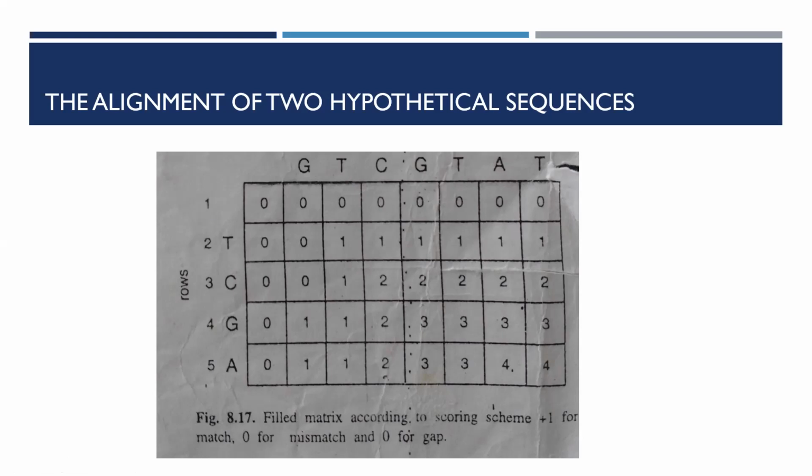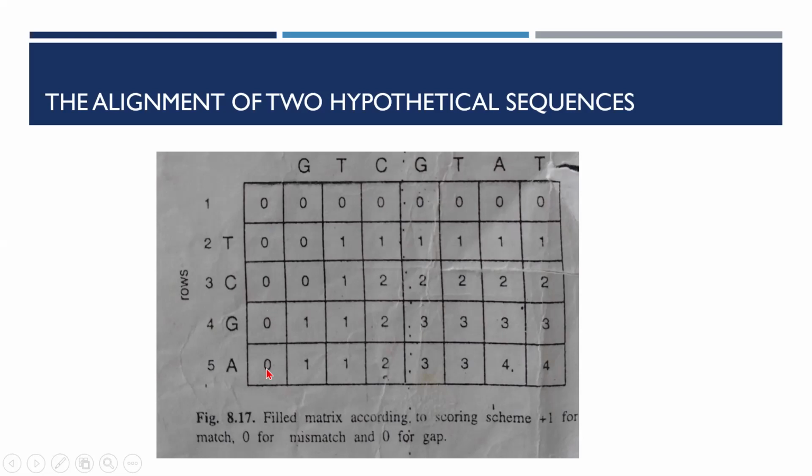Here, in this particular example, the scoring scheme taken gives the value 1 for match. It gives the value 0 for mismatch. And it gives 0 for gap also. Gap penalty is also 0. Since the gap penalty is 0, we have to initialize the matrix with the value of gap penalty. Please listen carefully. This is called initialization of the matrix.